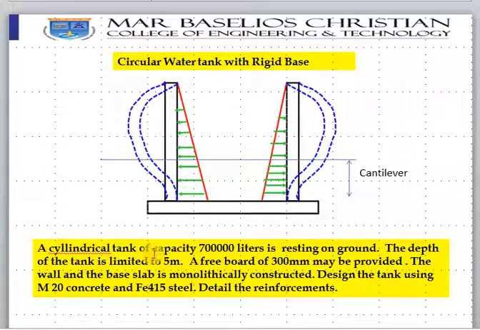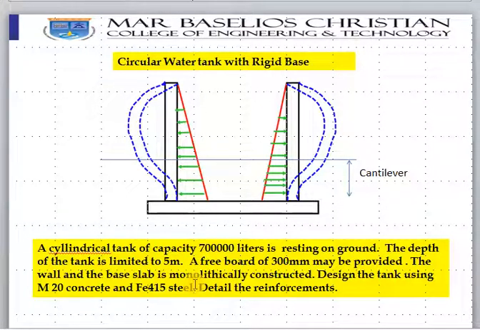A cylindrical tank of capacity 7 lakh liters is resting on the ground. The depth of the tank is limited to 5 meter. A free board of 300 mm may be provided. The wall and the base slab is monolithically constructed. This point is a catch. The wall and the slab